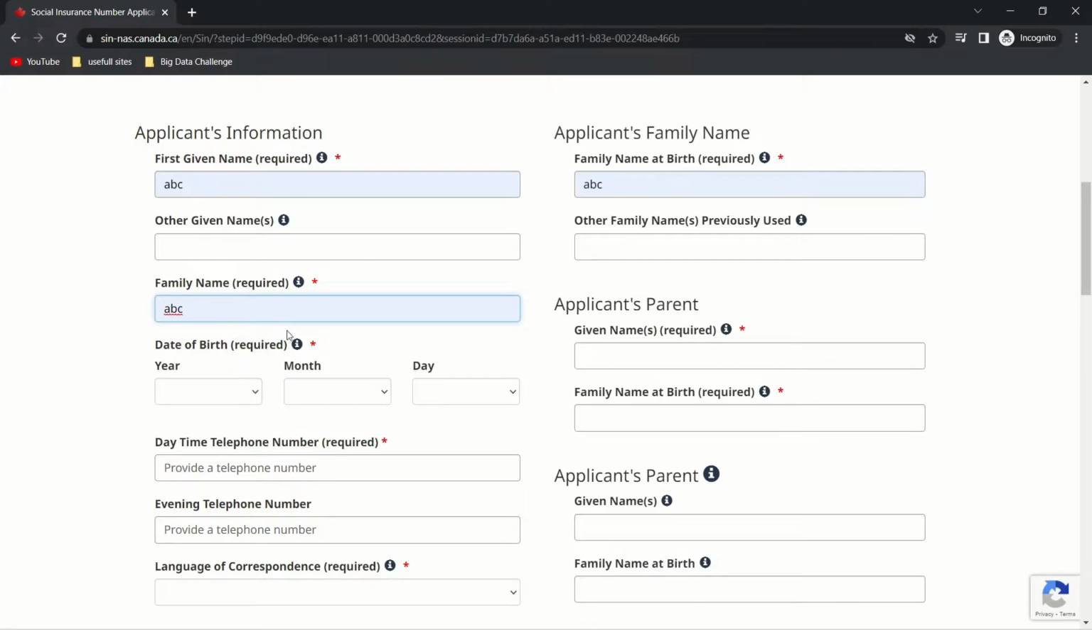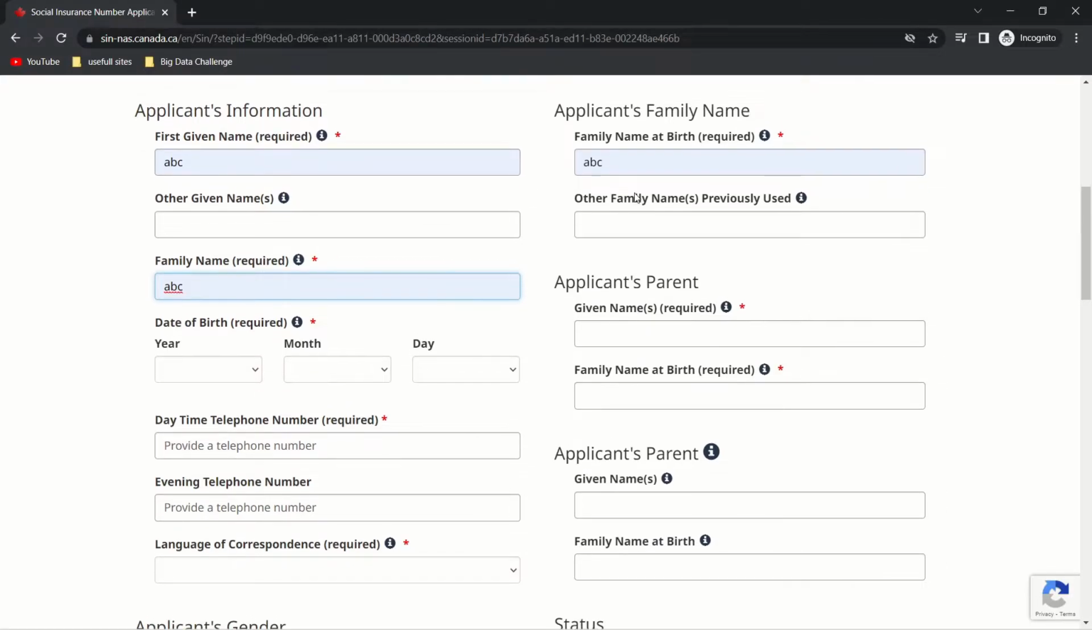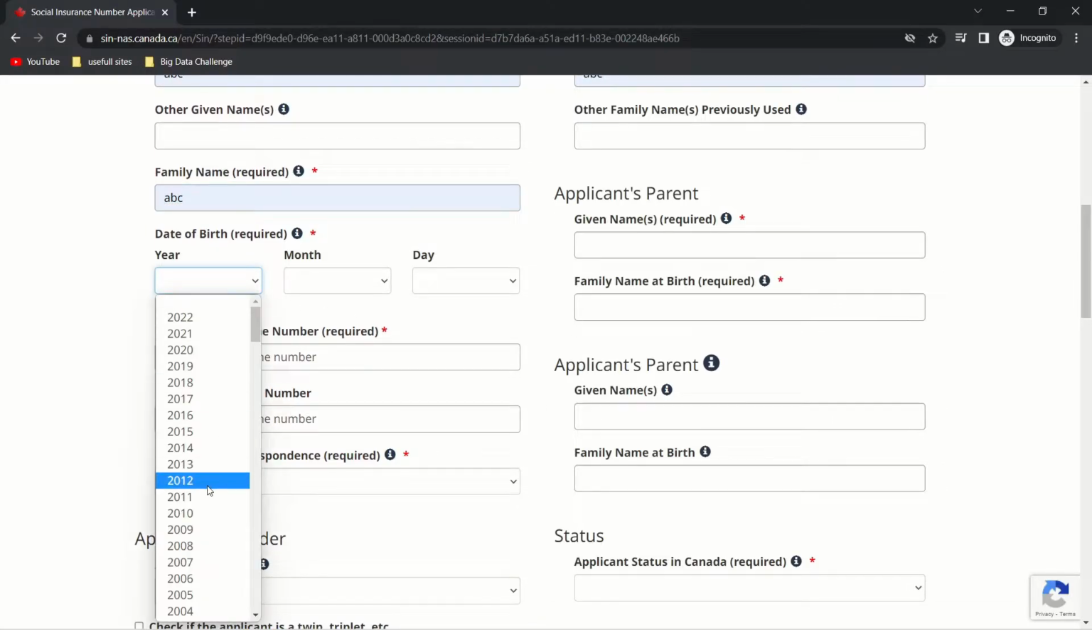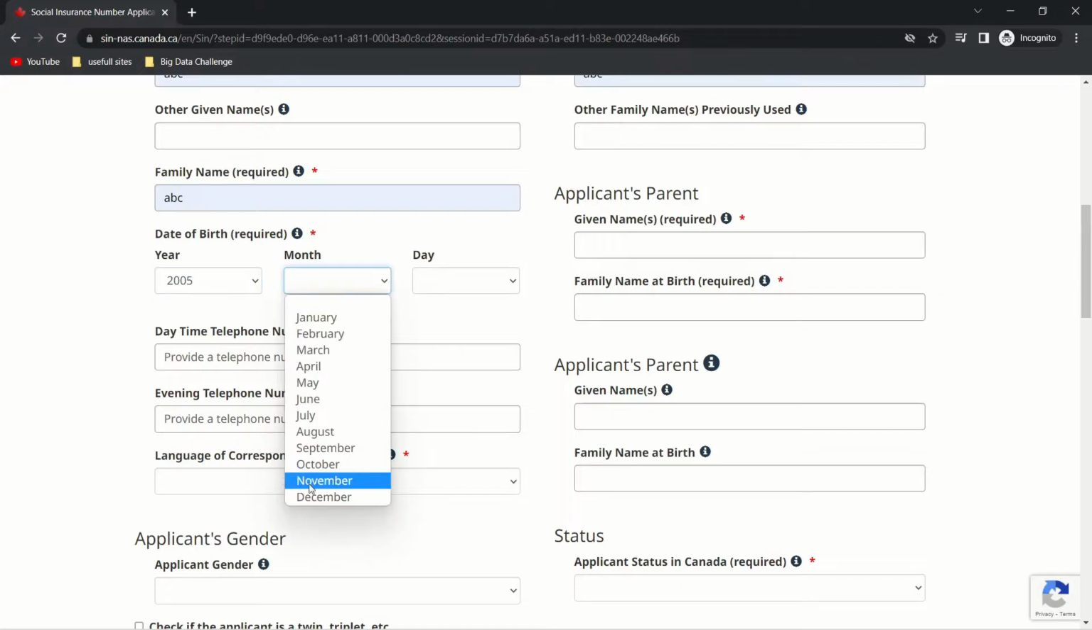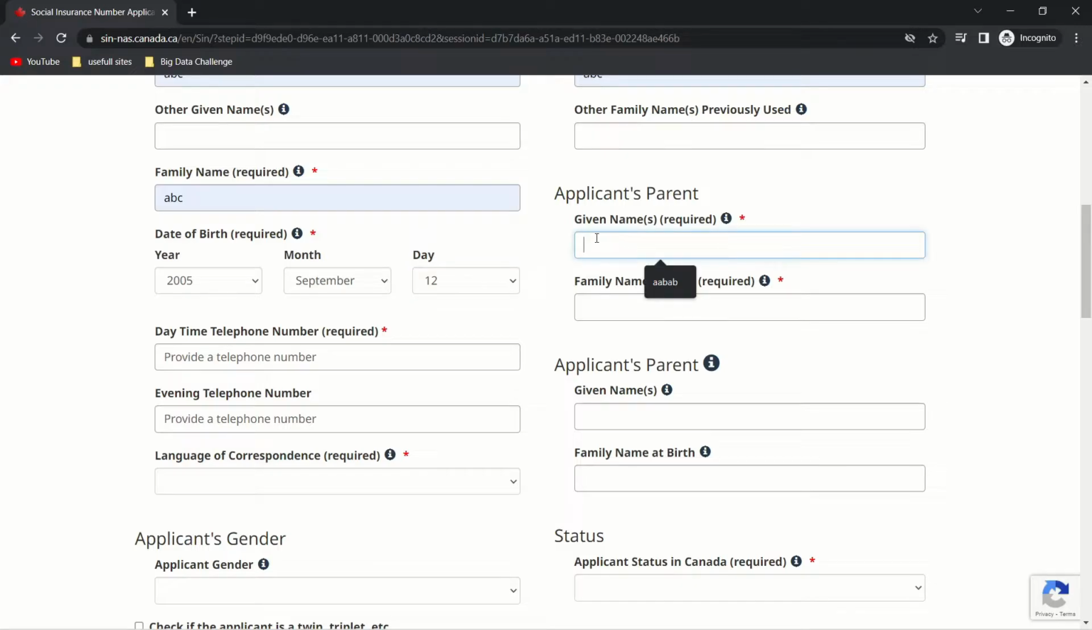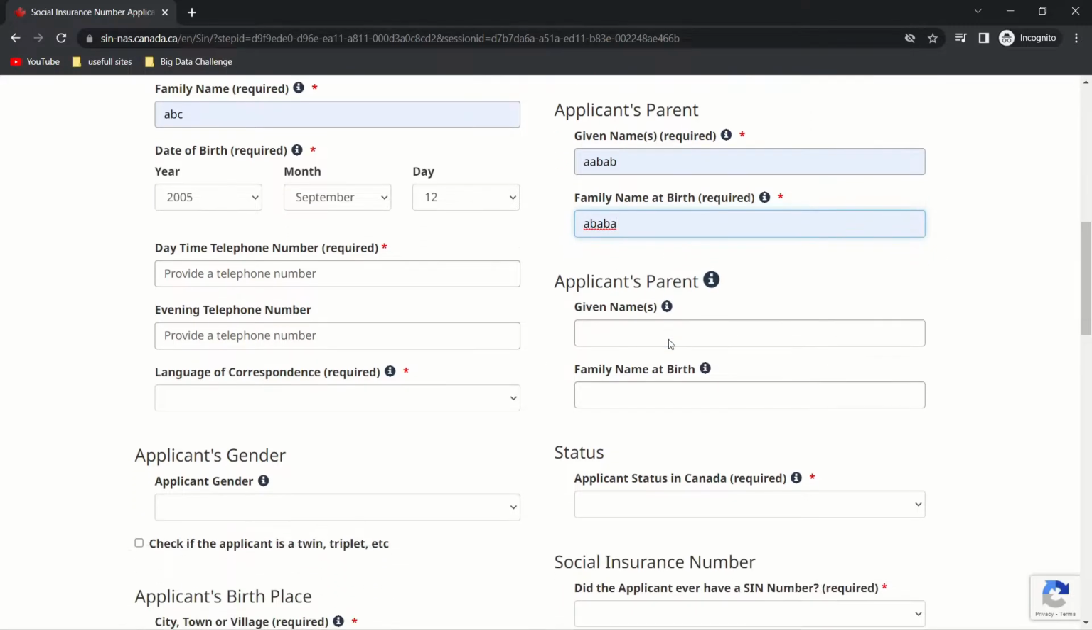You are going to give your family name. So first given name is your first name, family name at birth, which is yours. And in case you are married to someone and you are taking that person's surname, that's what you are going to change here. After that, you are going to give your date of birth, I'm just going to fill this in quickly for you. After that, you are going to give the name of your parents, the applicant's parents' names. So that family name at birth, you're going to put that,